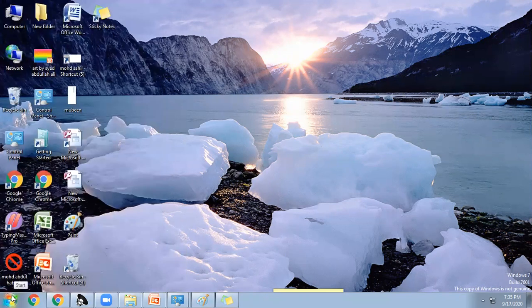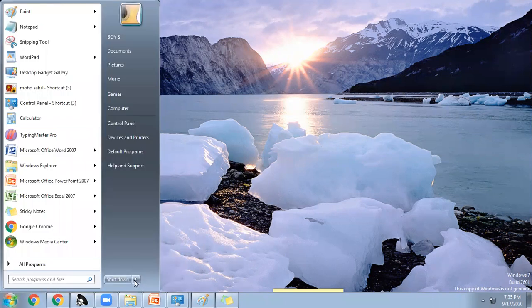Again, you click on the start menu. On the left side, it will show shutdown. In the shutdown, you can use switch user, log off, lock, restart, sleep, or shutdown. These are before the shutdown. If you just want to log off, for example, you are using the computer for a long time and you want to go for the washroom or you want to have tea, you just log off, and when you come back again, it will show you how to open and do the process.